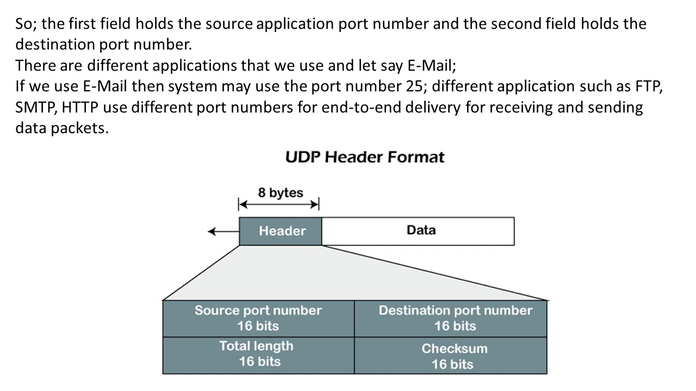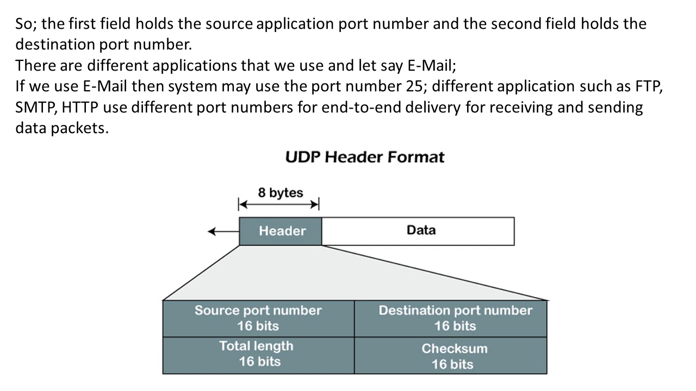So the first field holds the source application port number and the second field holds the destination port number. There are different applications that we use, and let's say email. If we use email, then the system may use port number 25. Different applications such as FTP, SMTP, HTTP use different port numbers for end-to-end delivery, for receiving and sending data packets